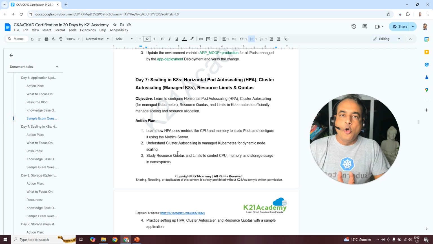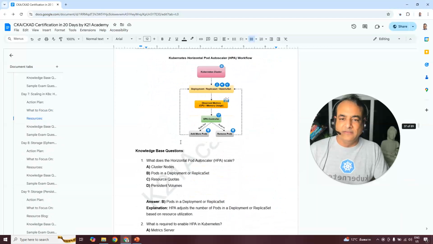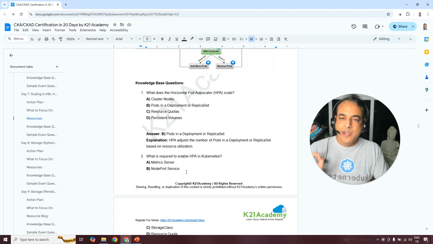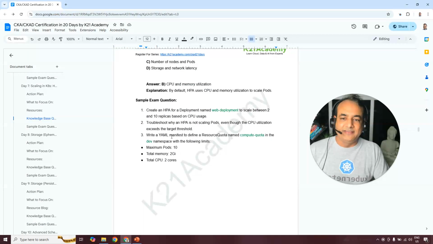We'll talk about that. Also, how do you limit the resources and how do you set the quotas so you don't run out of memory or disk or underlying resources for mission critical applications deployed on a Kubernetes cluster. That's what we're going to look at on day 7. We'll also look at some of the questions, both from a knowledge check point of view, including what you can expect in the exams, so there are actual practical implementations that we're going to cover